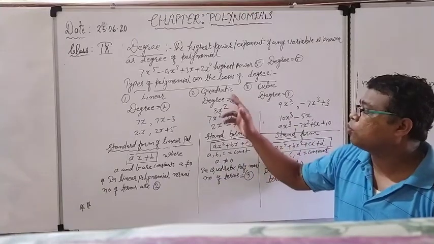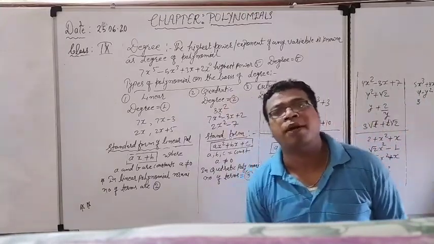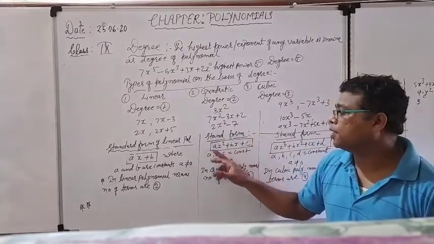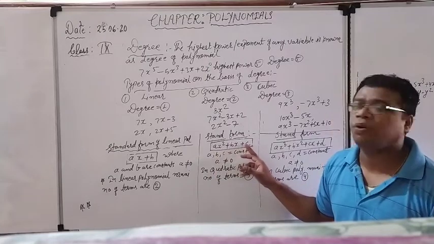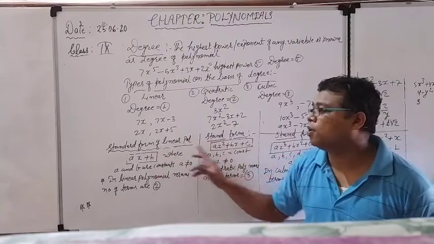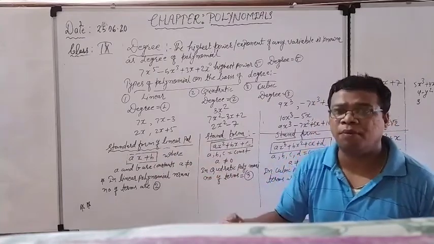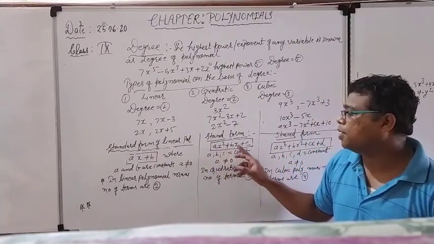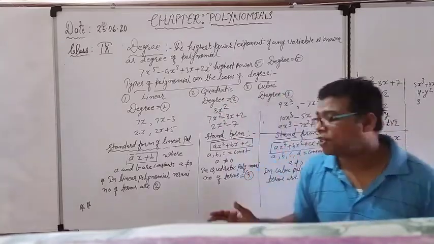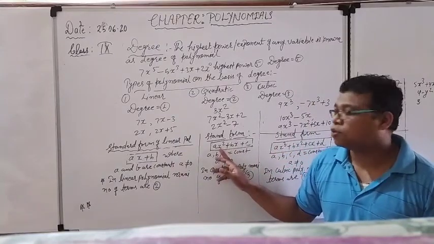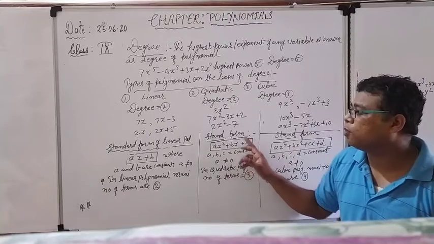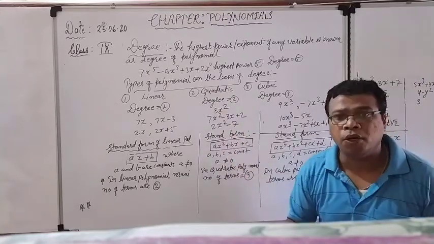See here, next the quadratic polynomial. When we are talking about the quadratic polynomial, what is the standard form or general form? It is always represented by ax square plus bx plus c. No need to remember. Here one more power will come. x square will always be x square. Because we know that the maximum power may be 2, that's why we start from the x square. So ax square plus bx plus c is the general form or standard form of the quadratic polynomial.